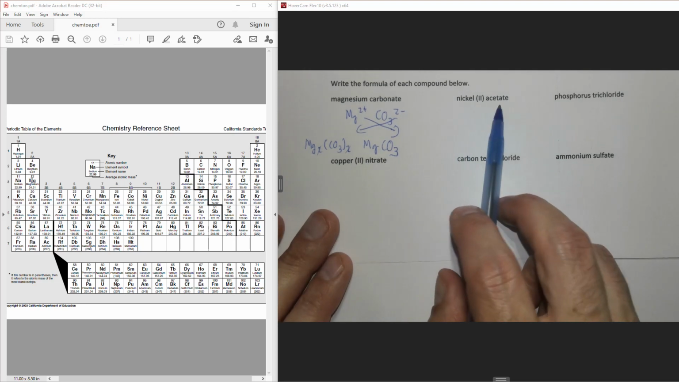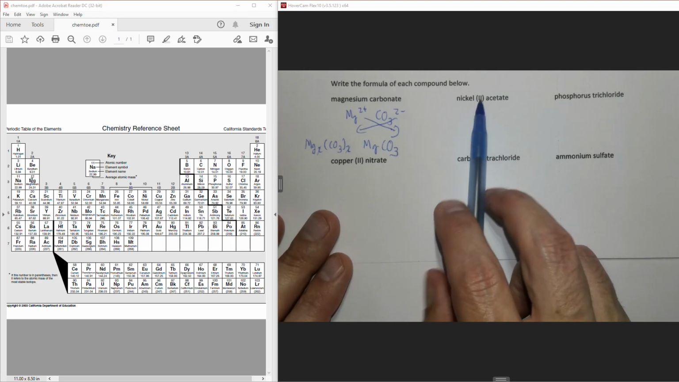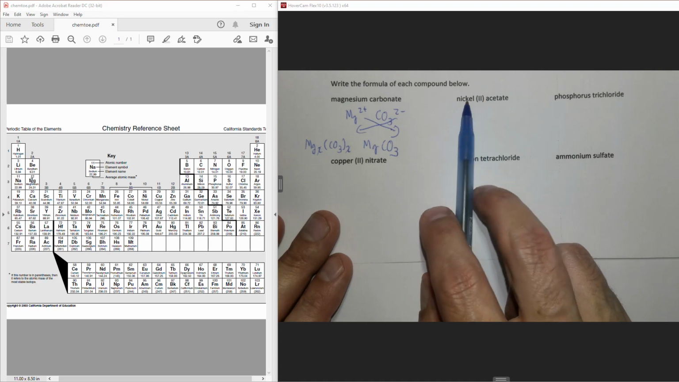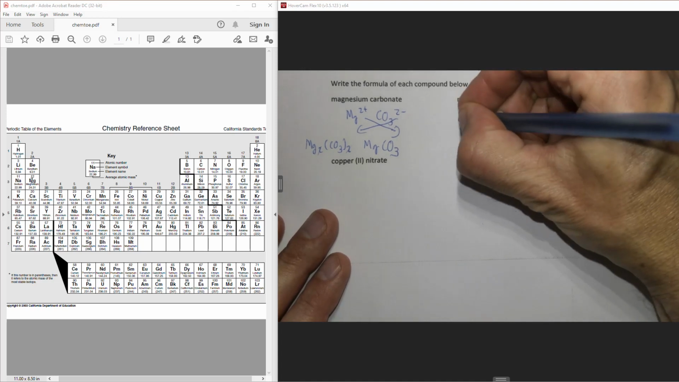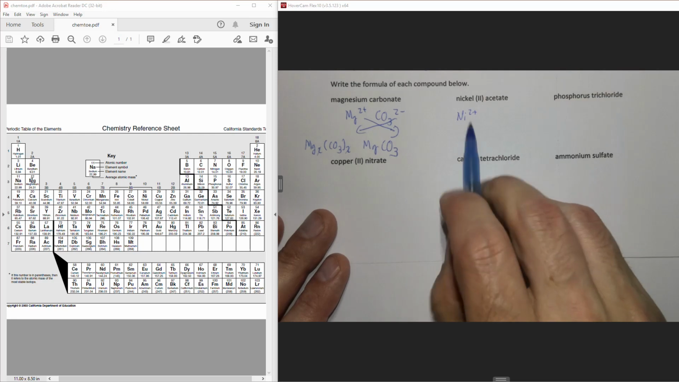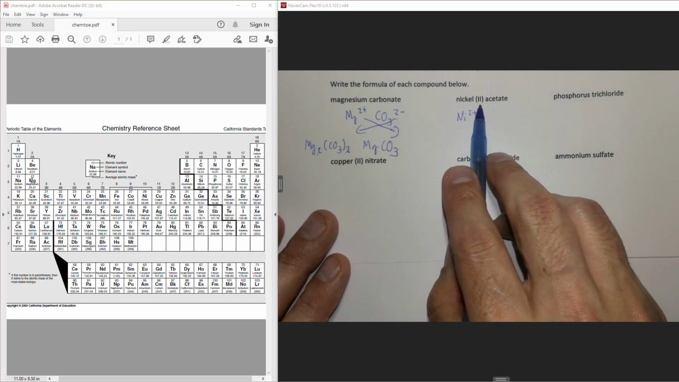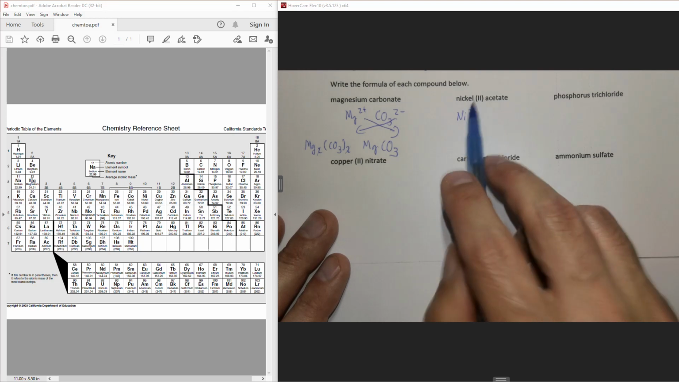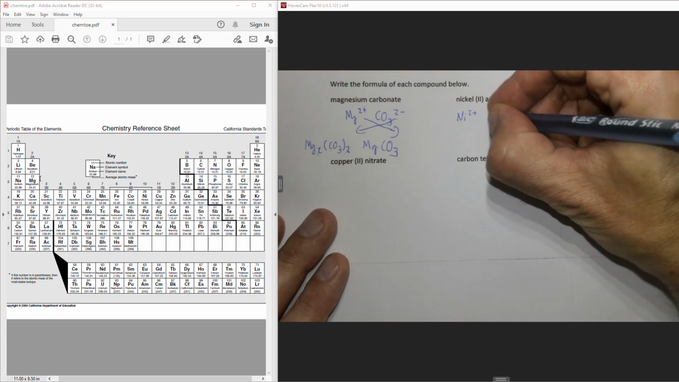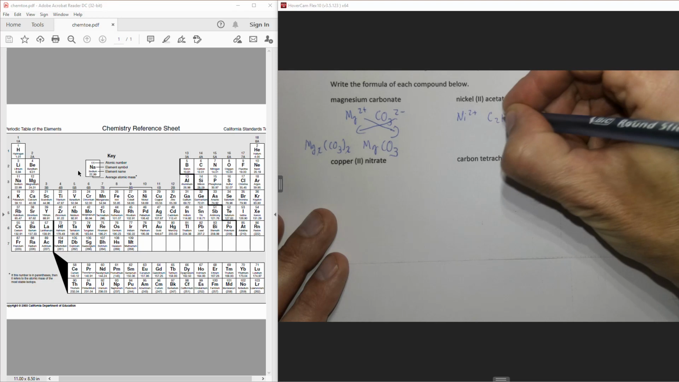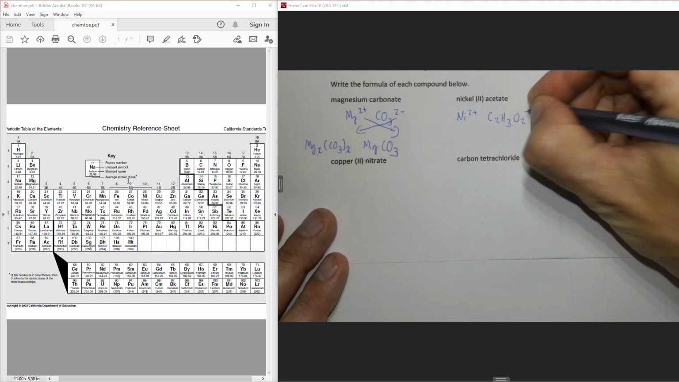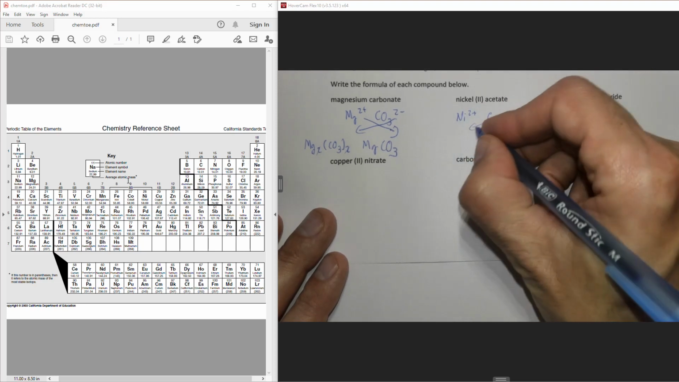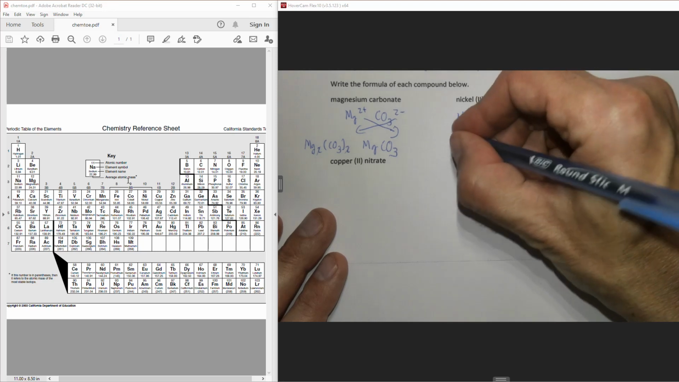All right, nickel 2 acetate. The Roman numeral in the name tells us the charge. So we have nickel, which is 2+. This always tells you the charge on the metal, and it's always positive. Okay, the charge on the metal is always positive. Acetate is C2H3O2-. Cross them. We have nickel,